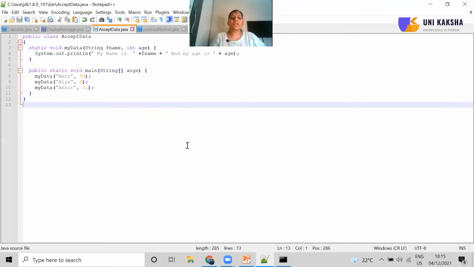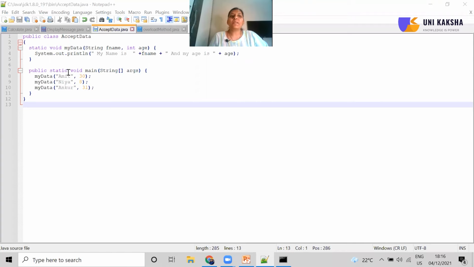This is the name of the class. Then I have included a method called myData. In the myData method, I have passed two arguments, one that is fname and second that is age. So n number of arguments you can pass with the method.